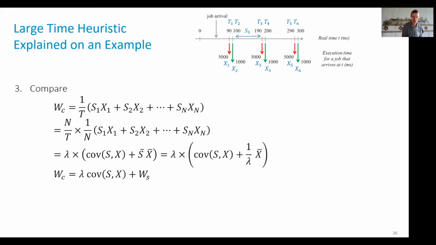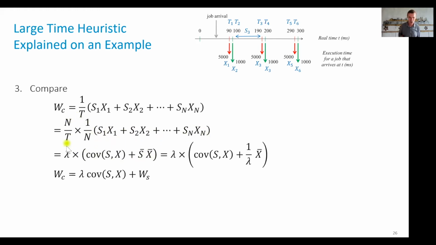Now a bit of standard statistics will tell us that the sum of the S_i X_i here, it's 1 over t. If instead I would have 1 over n, so I put n over t in front, 1 over n of this, well, it is related to what is called the sample covariance, right? If it would be zero mean, that's exactly the sample covariance. In general, we have the formula. The covariance of two time series is given by this, the average of the cross product minus the product of the averages. So this sum here is exactly that.